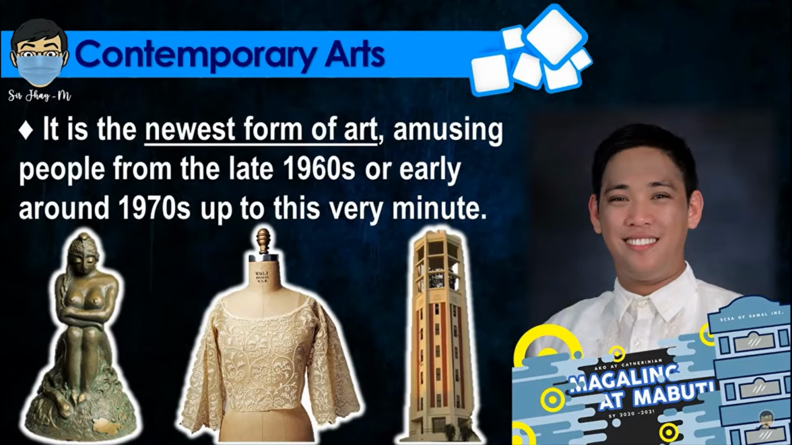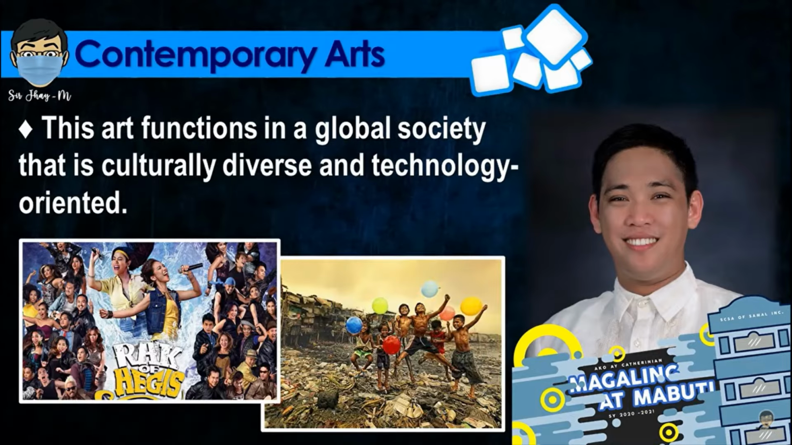So now that we know the definition of contemporary arts at kung kailan ito nagsimula, again, it started from the late 1960s or early around 1970s hanggang sa kasalukuyan. Let's have the characteristic naman ng sining na ito. Ano ba ang dahilan bakit masasabi natin that contemporary arts is special? Why is it unique? I'd like you to know that this art functions in a global society that is culturally